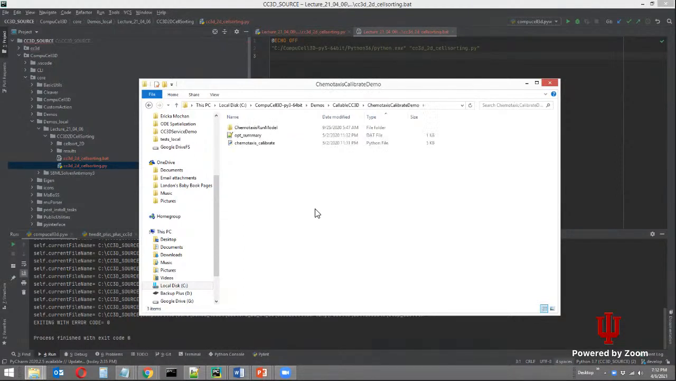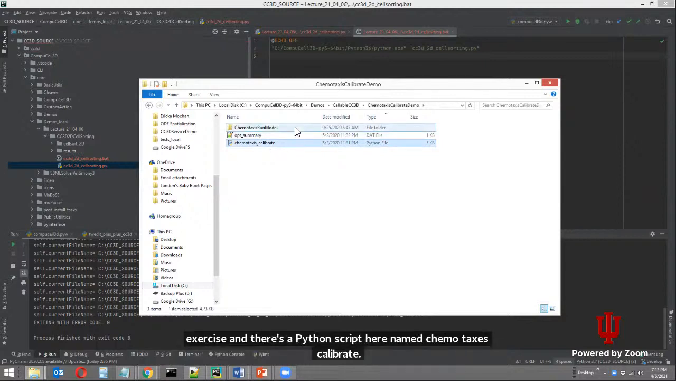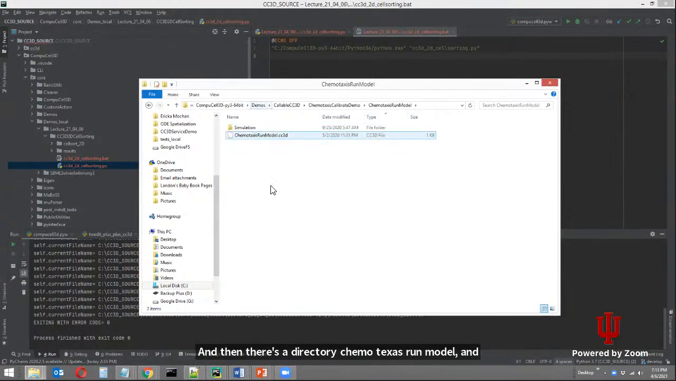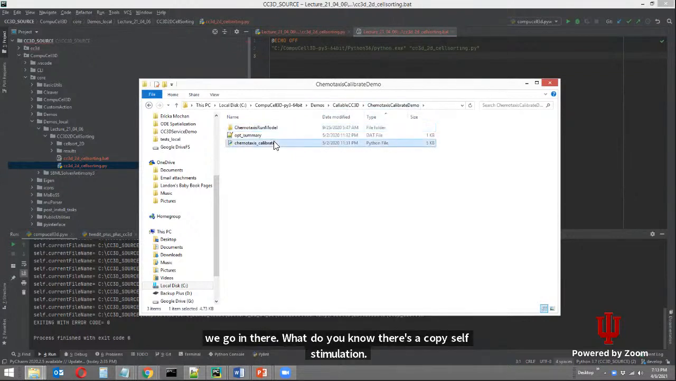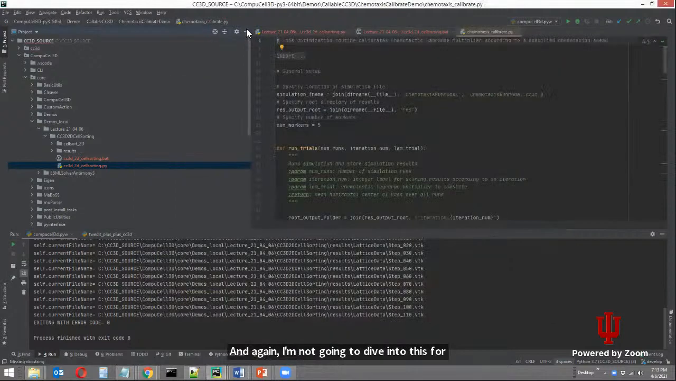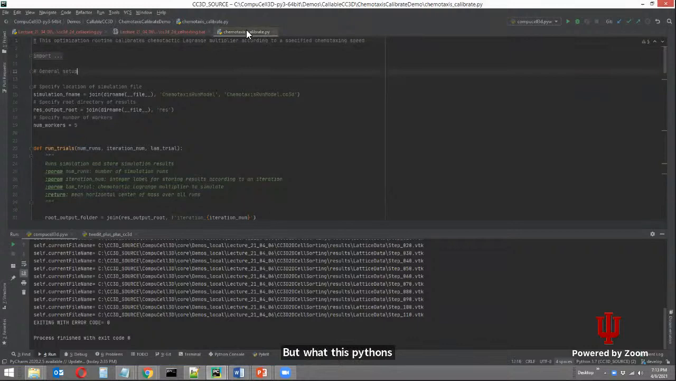And when you go into there, you should find something that looks similar to what we constructed in our first exercise. And then there's a Python script here named Chemotaxis Calibrate. And then there's a directory, Chemotaxis Run Model. And when we go in there, what do you know? There's a CompuCell simulation. And again, I'm not going to dive into this for more than half a minute. But what this Python script does is